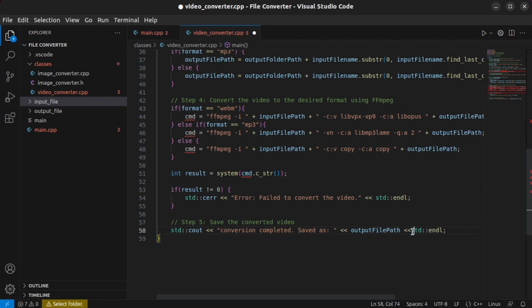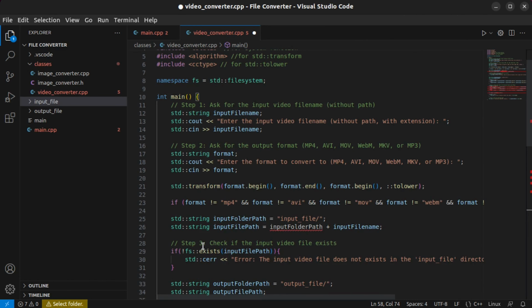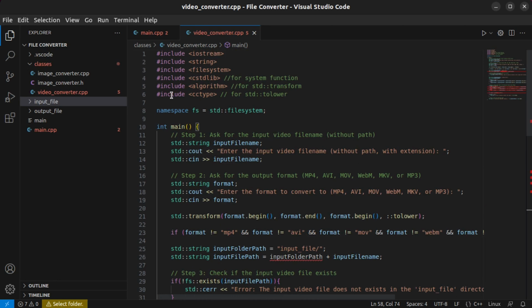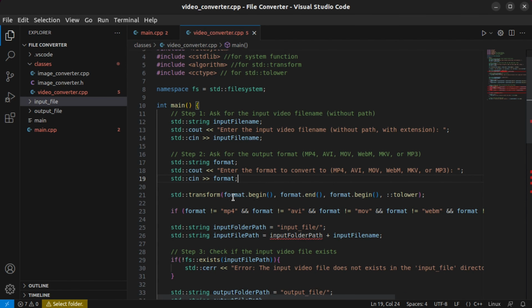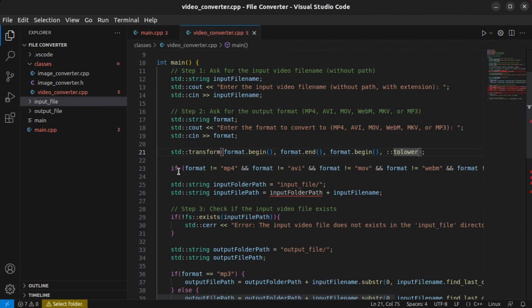So now the program is finished. We start by asking for the name of the video they want to convert with the extension. Then we ask the format they want to convert it to. Now the format that they have inputted is transformed to lowercase, and then if the format is not